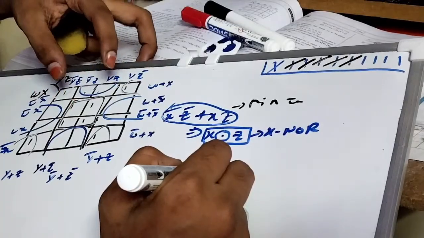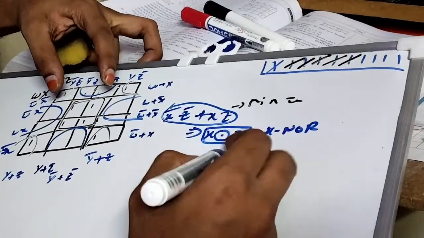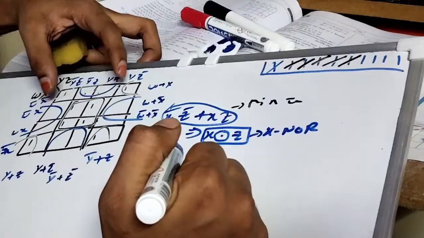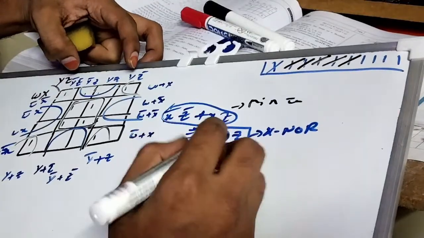And these two terms, these two terms. Yeah. And construct these two. You get